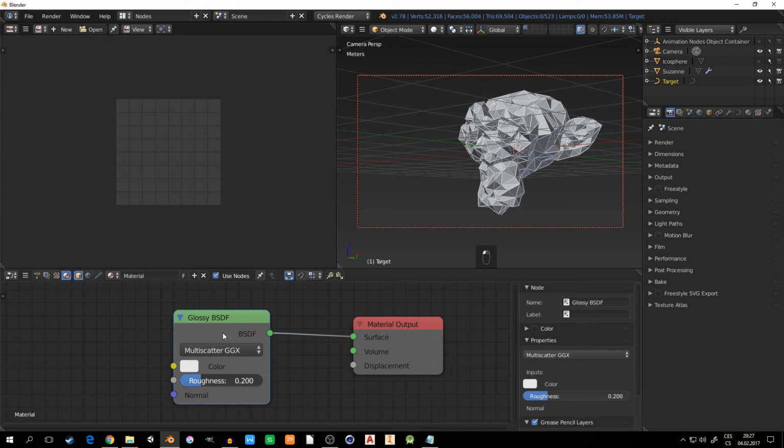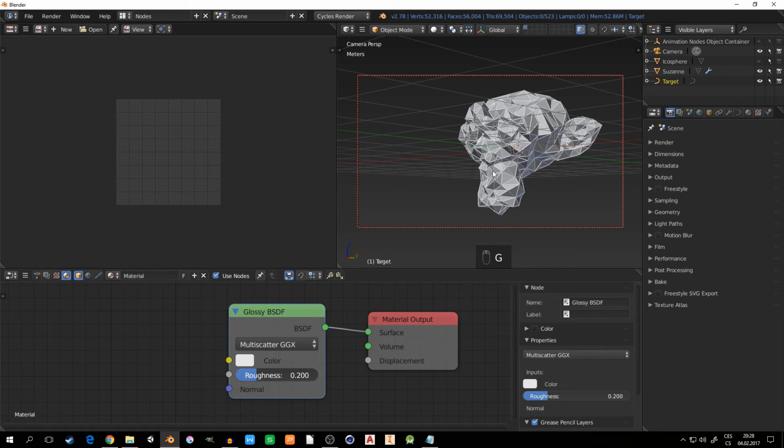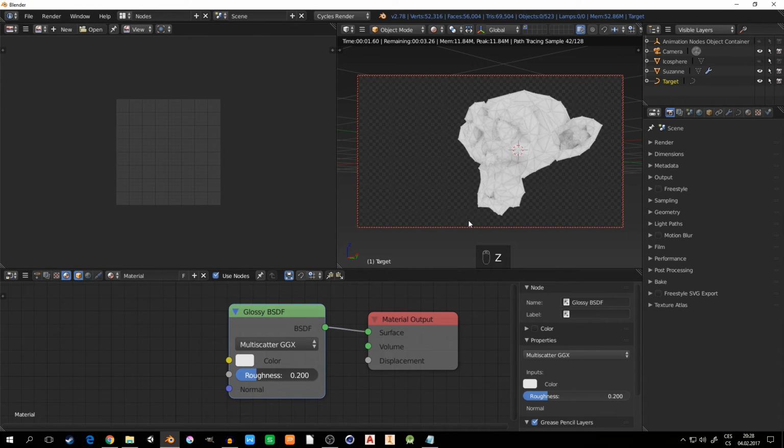Make it multiscatter GGX, which is for the metallic materials, and multiscatter is something that tries to keep the values of the reflected light more physically correct. But we are here aiming just for the visual appeal. Go to rendered view, and in these settings we actually can see pretty much anything because we just have a white